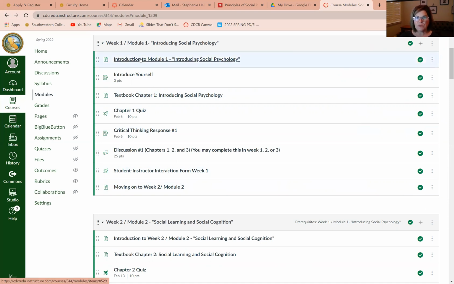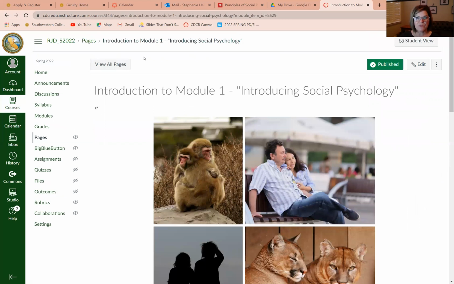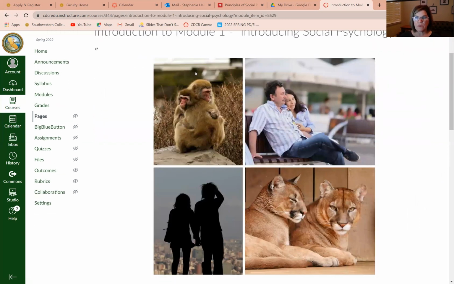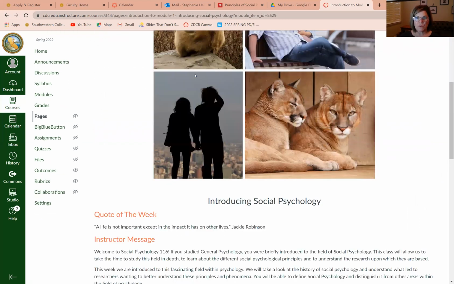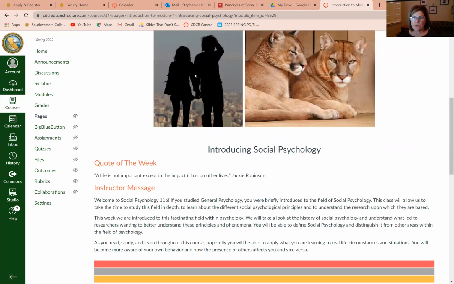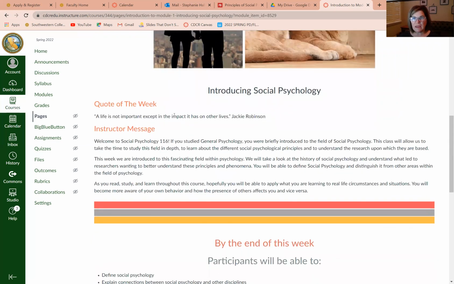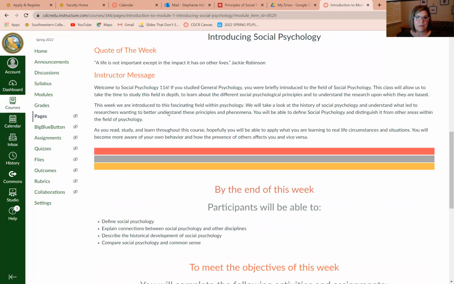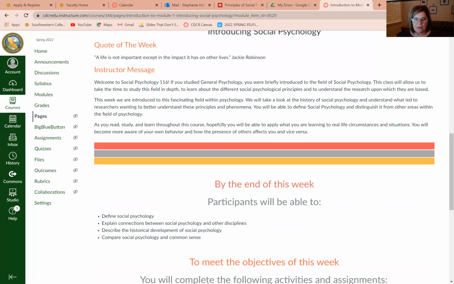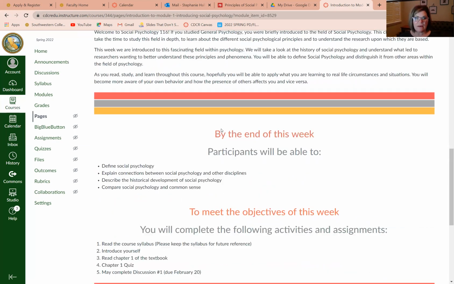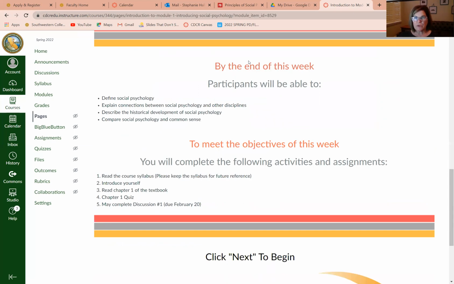What you would do is just begin at the beginning of the module. So click on that and it takes you to a page where it's going to introduce our first module, which coincides with the first chapter in the textbook. I like to begin with a quote just to get you thinking about the topic. I tell you a little bit about what we're going to be studying that week. Then if you continue to scroll down, so move down through the page,